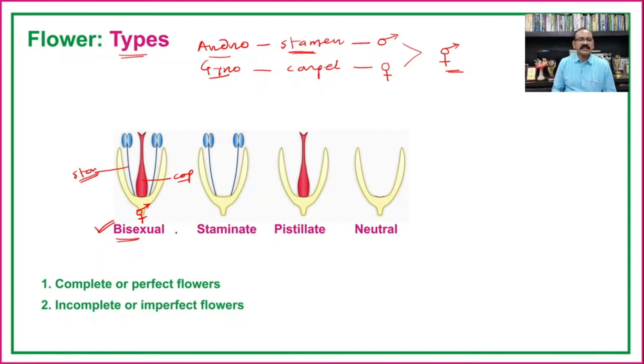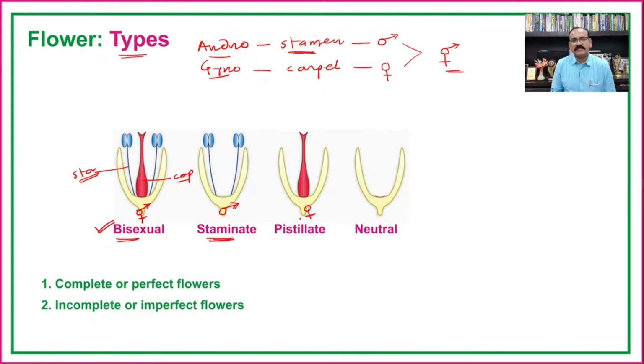In such cases, if there is development of only the stamen in the flower and absence of the gynoecium, or if the gynoecium is present it is rudimentary or reduced, then such types of flowers are known as staminate flowers or the male flowers. And the flowers which develop only the carpels or the gynoecium, and the androecium is completely absent, or if it is present it is rudimentary or reduced, then such flowers are known as pistillate flowers